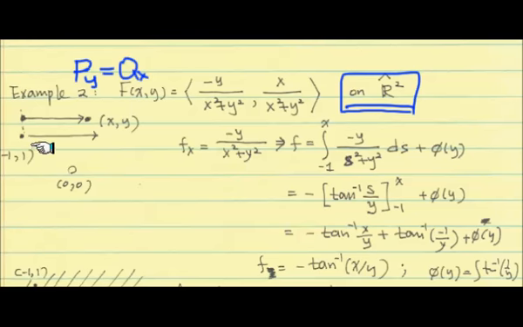Like we did before, we started from (-1, 1) and integrate along to the right. Again, this y has to be greater than 0, so I put that in there so that this line doesn't hit (0, 0). For that region, y greater than 0, we take the antiderivative, carefully doing this integral. It turns out this time the function, and you might pause the video and do this one yourself, is negative tangent inverse of x over y. The antiderivative you have to go through, the trigonometric substitution, is a bit more involved, but this is where you arrive.